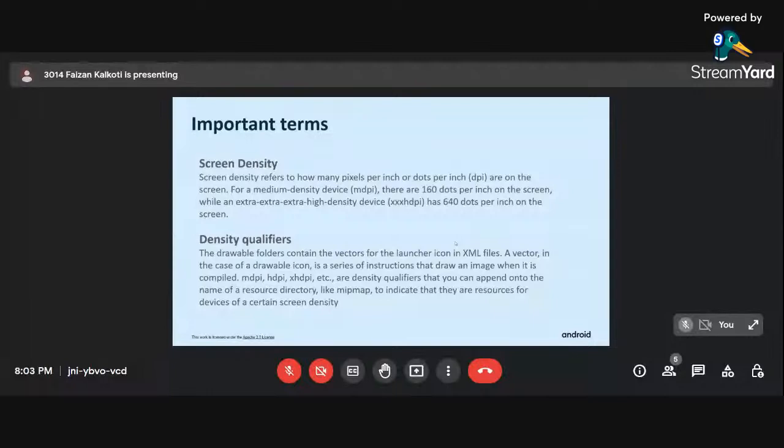However, for some phones with ultra high definition or 4K or 8K views, for now 4K is the max, I believe, for Android. Here it requires an XXXHDPI, which is an extra extra extra high density device, which has 640 dots per inch. In other words, it has 640 pixels per inch on the screen. So what I'm trying to say is that for different devices there is different DPI, then for those devices